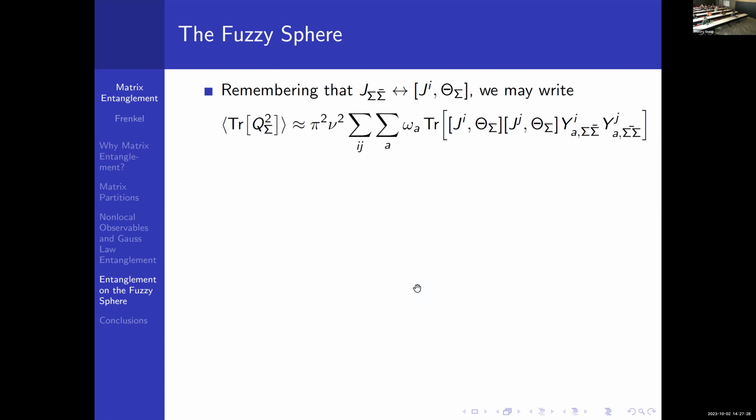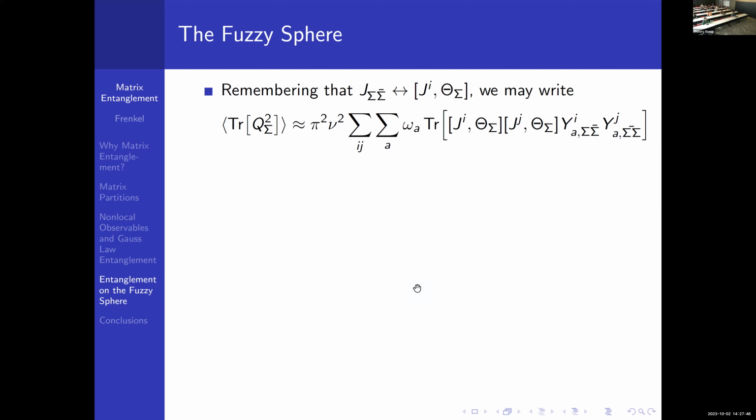Theta sigma is the projector onto the subregion. It's precisely the non-commutative analog of the characteristic function of my subregion. That's a function that's 1 inside the subregion, 0 outside. And after some manipulations, we find that the expectation value of trace of Q sigma squared is